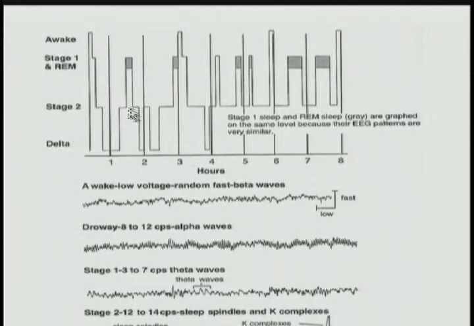You also have more non-REM in the first half of the night, whereas you don't have any non-REM in the second half of the night. And if you do, you have very little. So therefore, more non-REM in the first half, more REM in the second half. REM latency is the first REM of the night, and on average that's about 90 minutes. So if we go down, you'll see that about 90 minutes,